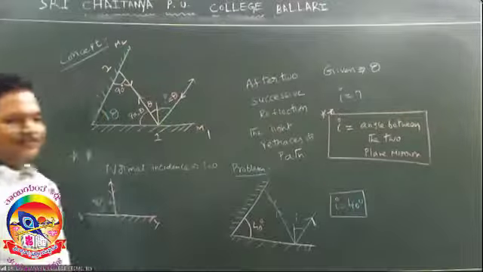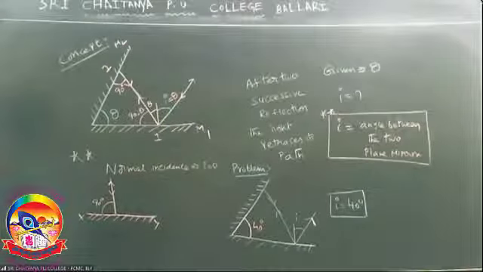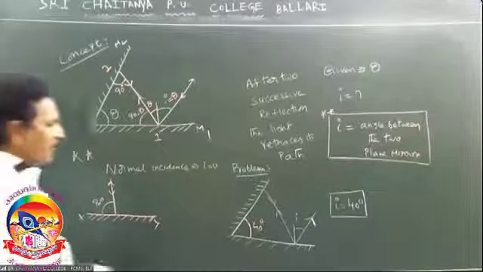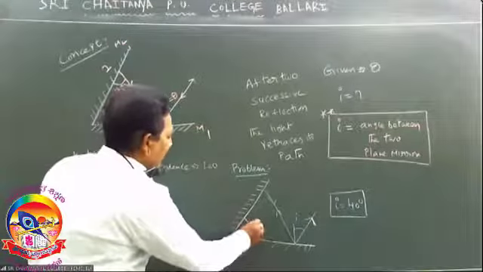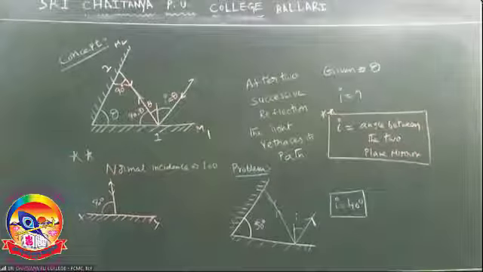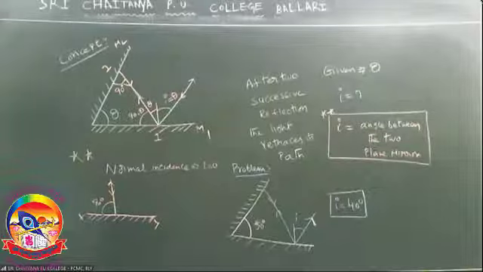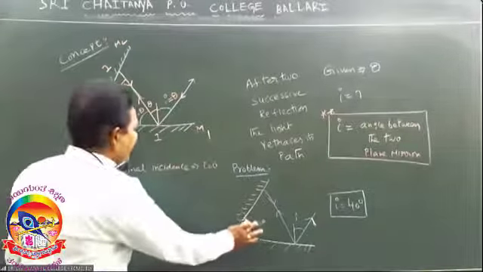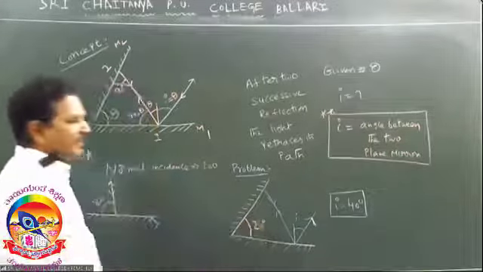No diagram, nothing. Just reading the problem and identifying that at the second reflection, it is retracing its path. I value is 40. In the examination, I will change this angle. I will give 50 degrees. Find the angle of incidence such that after the second reflection, it has to retrace its path. Answer is 50. If I take 20 degrees here, answer is 20.